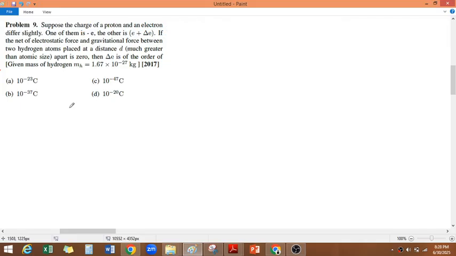Suppose the charge of a proton and an electron differ slightly. One of them is minus E and the other is E plus delta E. The net of the electrostatic force and gravitational force between two hydrogen atoms placed at a distance of d, much greater than atomic size apart, is 0. Then delta E is of the order of